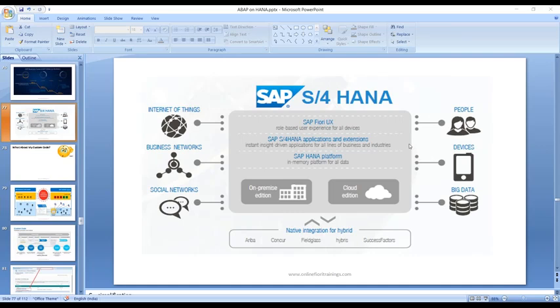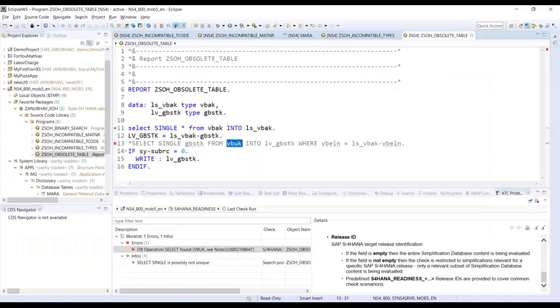Okay, next is, will we get the line number of issues? Yes, of course we are getting line number of issues. You can see when it is finding an issue, it's exactly highlighting in ADT the line number 13. There was a red. Okay, it is getting that. You are getting the line number of the issue directly. Next question.